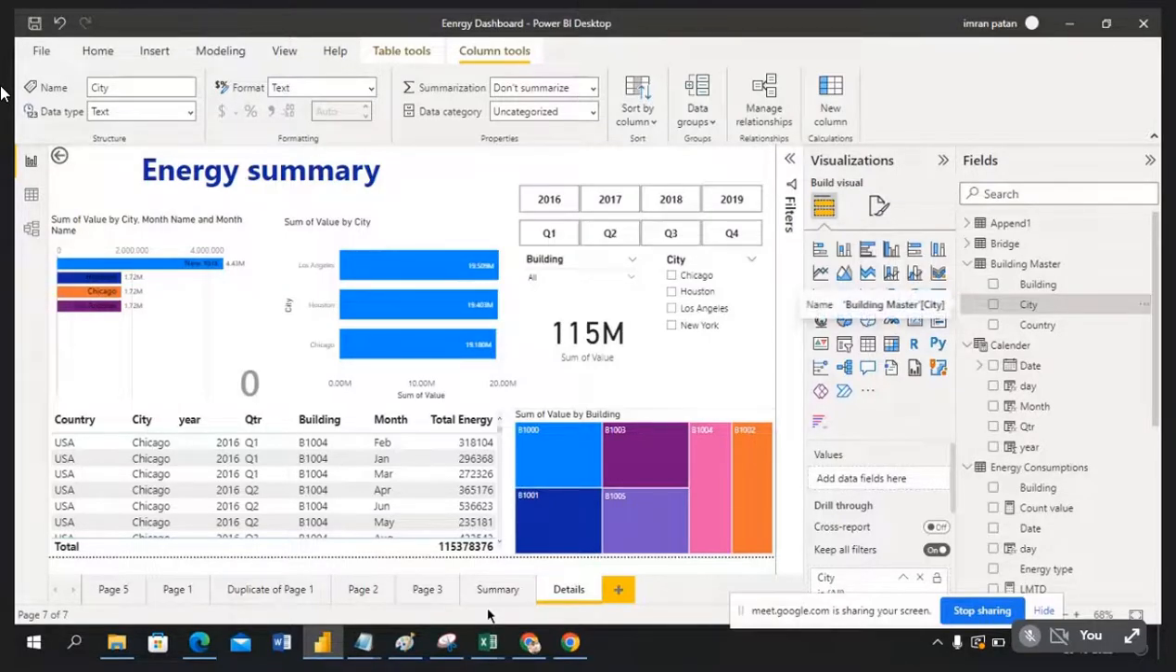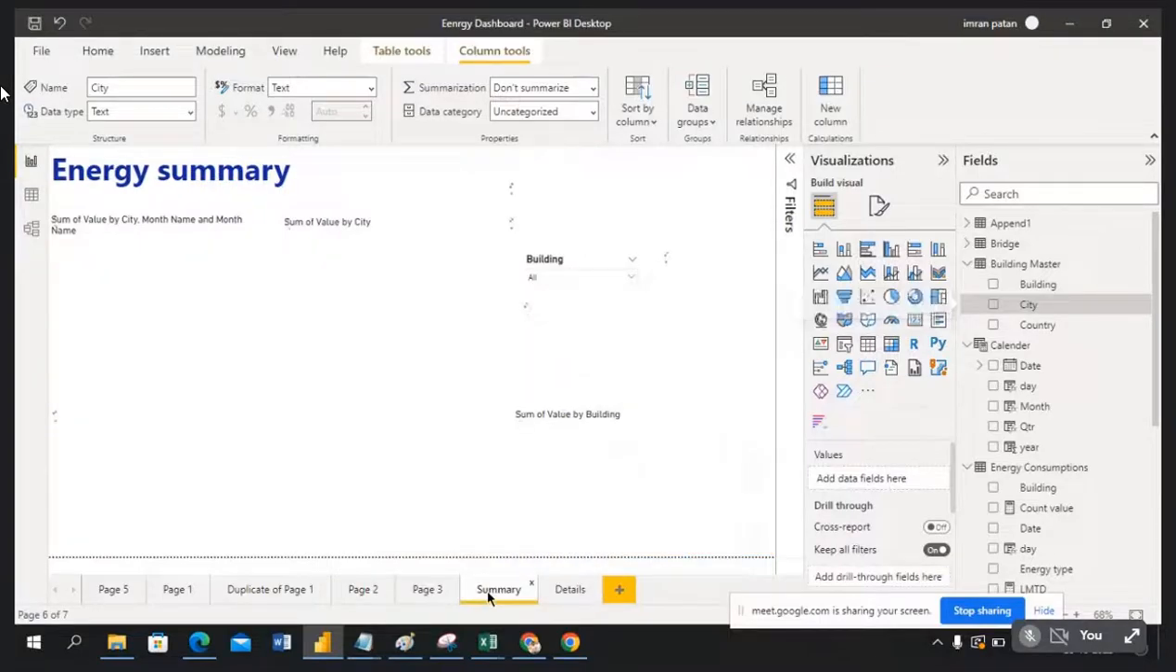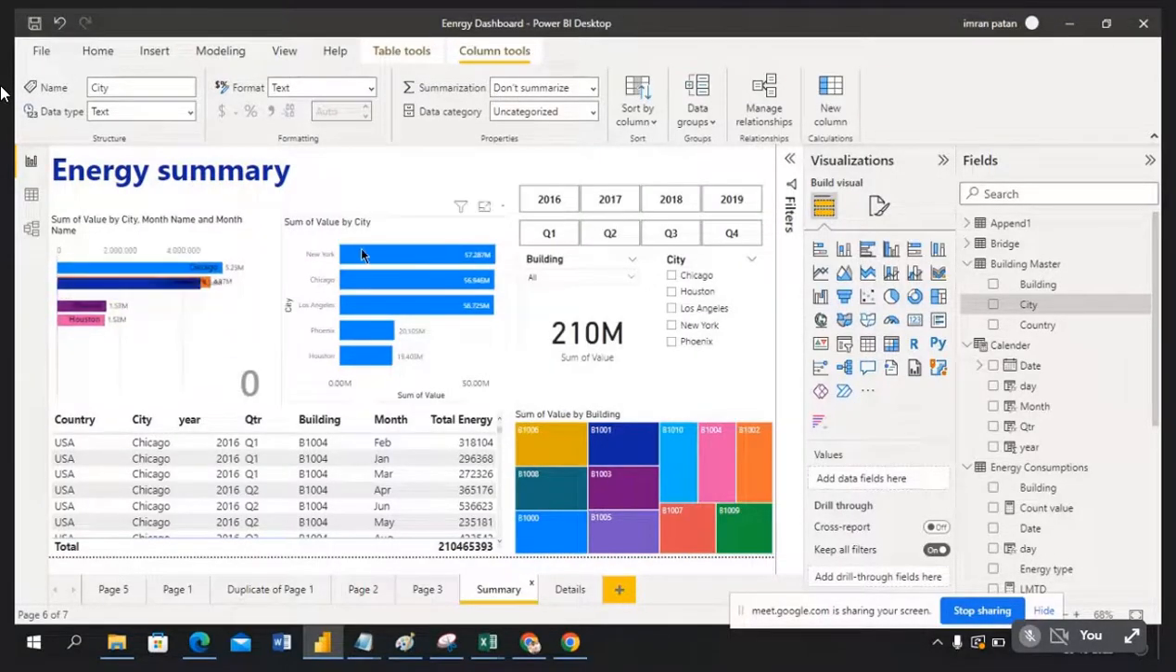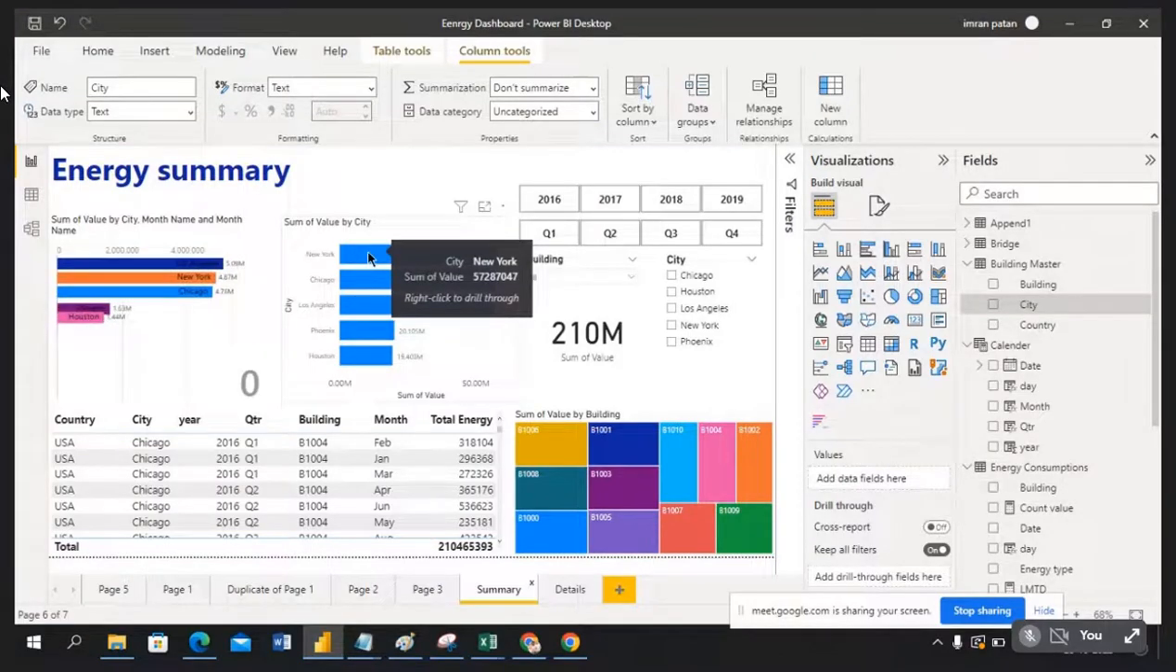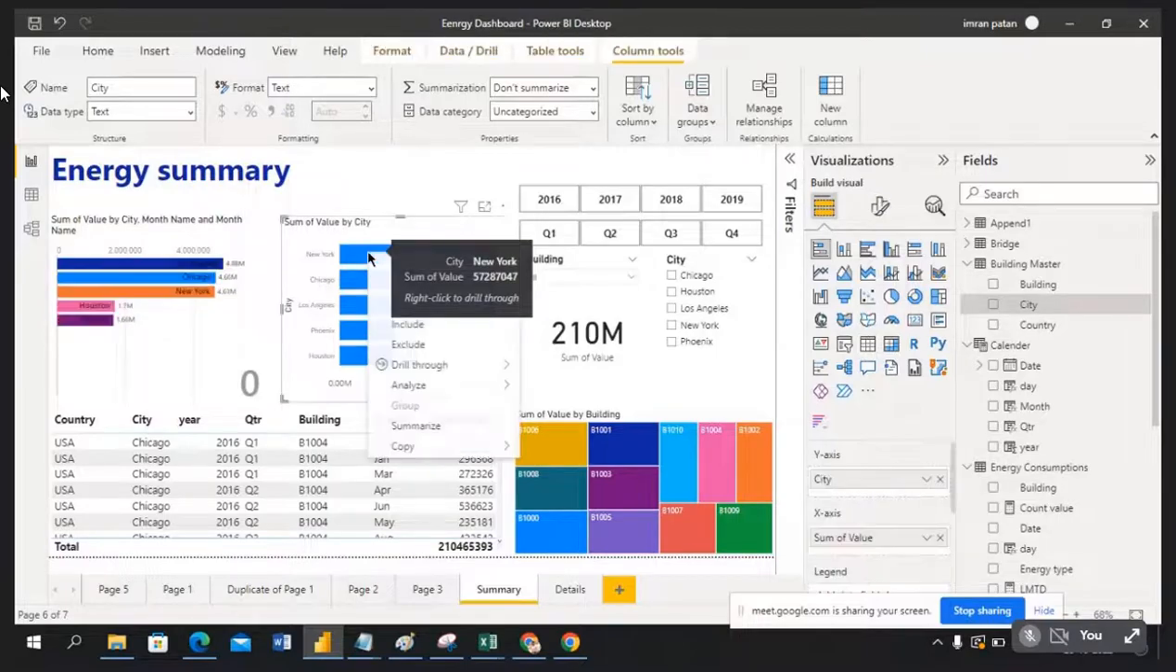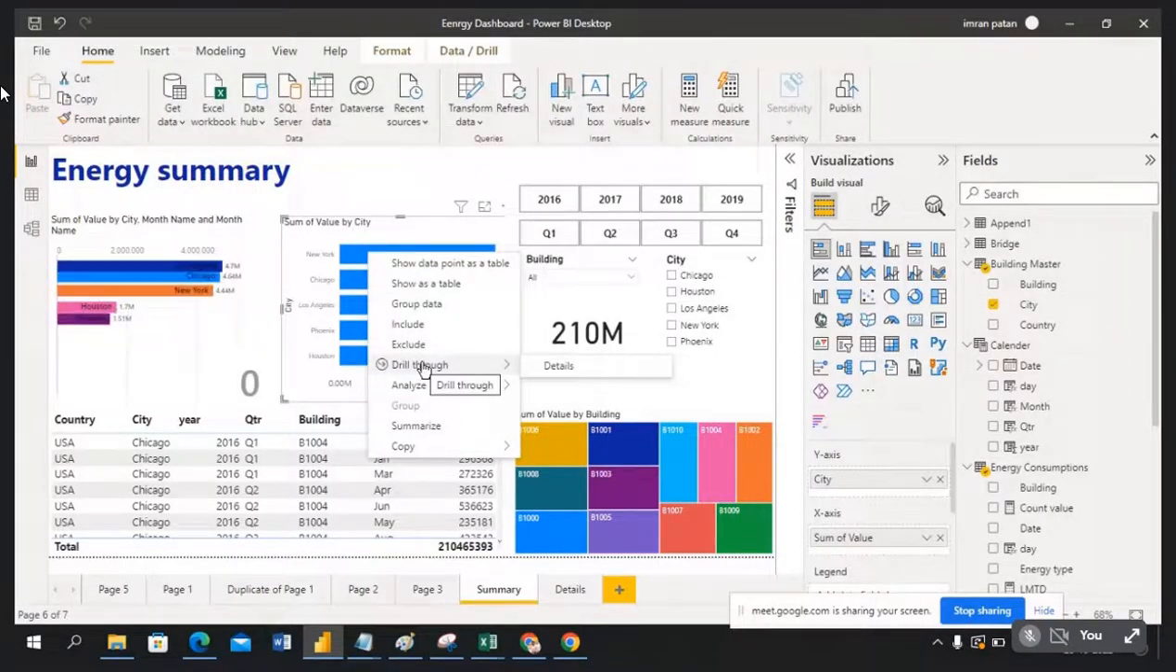Okay, now go to the summary report. Now you can see I place my mouse on this New York. I'm not selecting, I just place the mouse pointer, right click, and the drill through option is coming, drill through, detail. So you can see where I added that city column in the detail page only, right? In the detail page I added the city column. So it's showing the drill through option available. Now if you click on this detail,